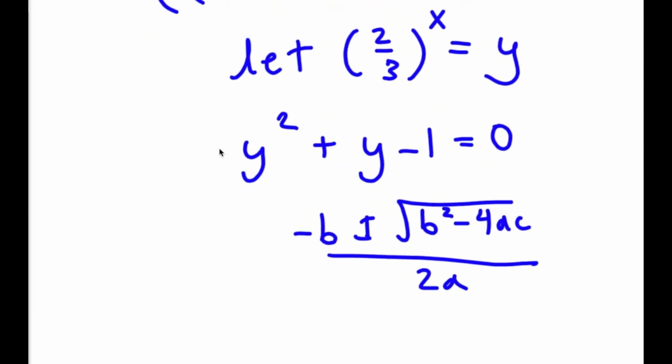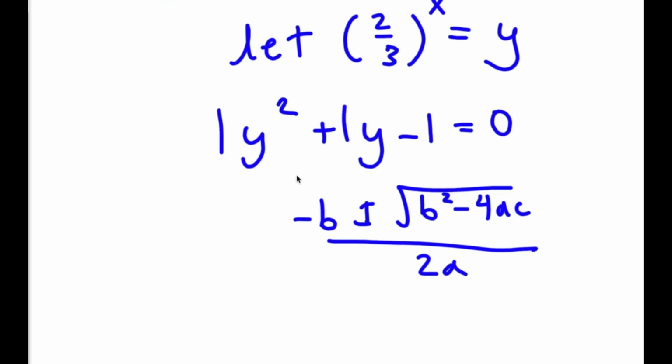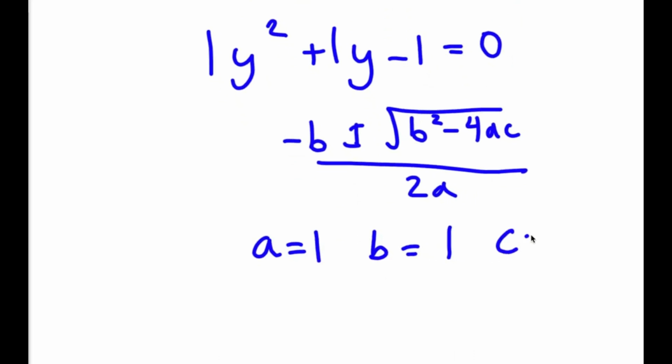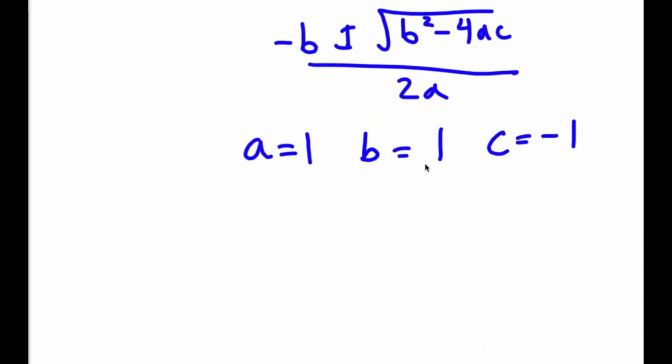So the coefficient in front of y squared is 1, the coefficient in front of y is 1, and we have negative 1 over here. So this means that a is 1, b is also 1, and c is negative 1. So now if I plug these values into our quadratic equation, I get negative 1, because negative b, plus or